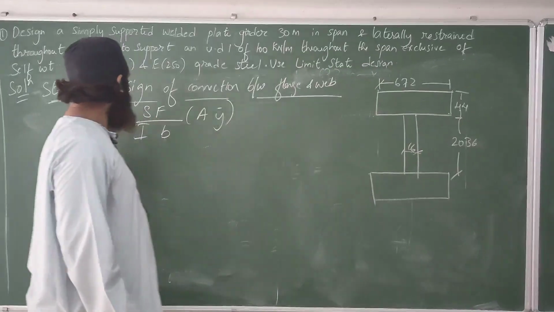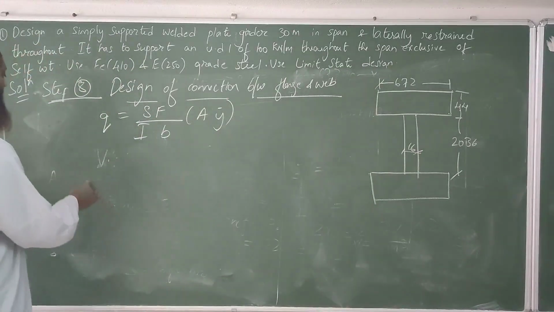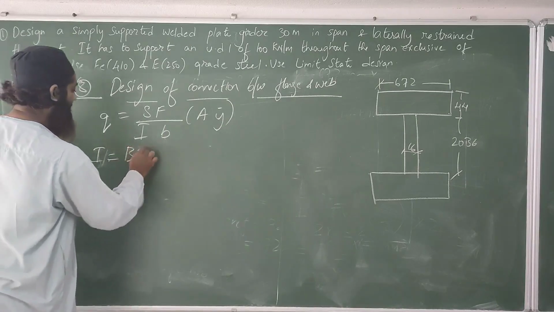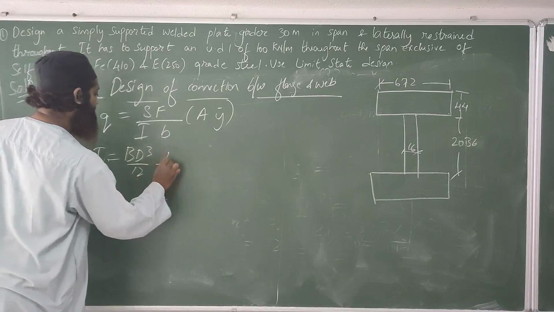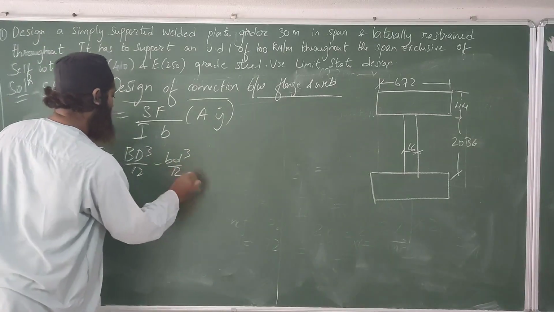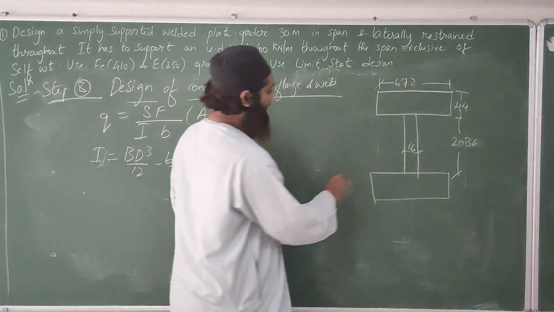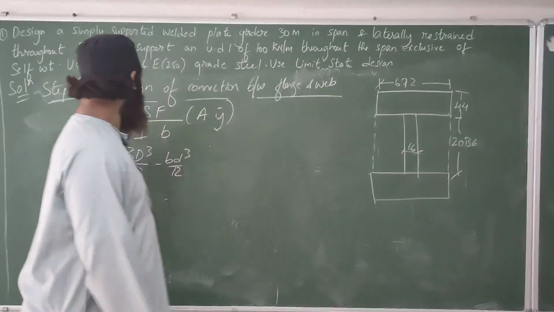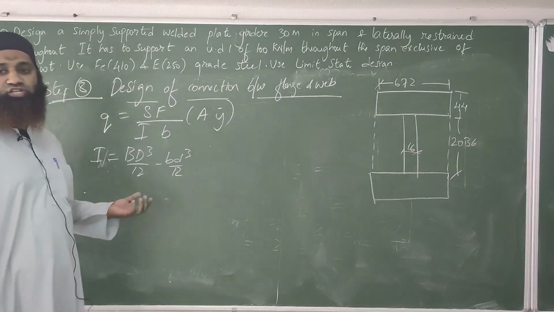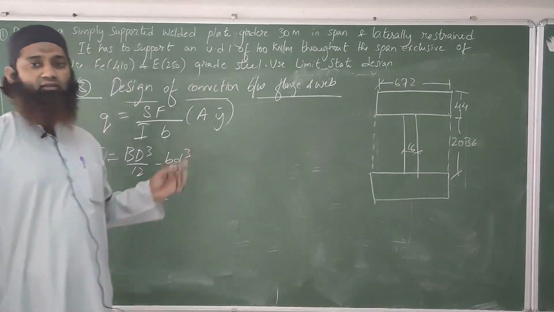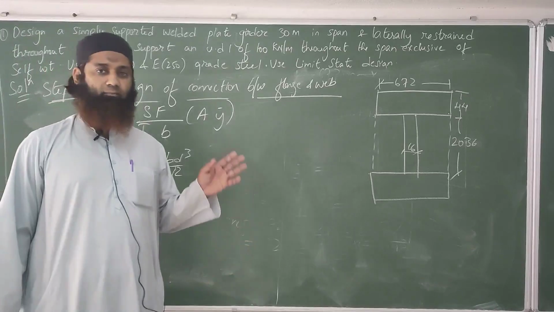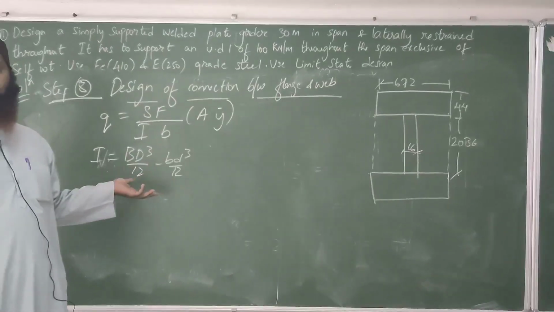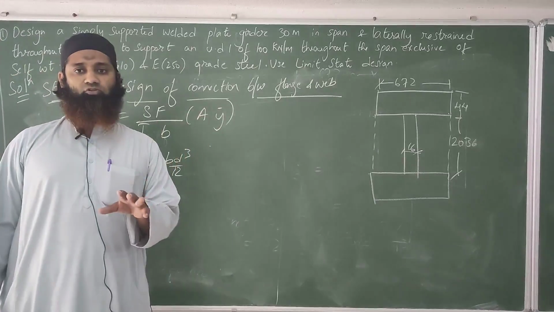Okay. Now we'll find out first the moment of inertia. We'll have to find out BD cube by 12 minus small bd cube by 12. You can see the capital BD can be taken like this. The whole capital B, you can take it as B is equal to 672, and we'll calculate the D here. As you know, the moment of inertia for a rectangular section is BD cube by 12. We'll just substitute those values here.